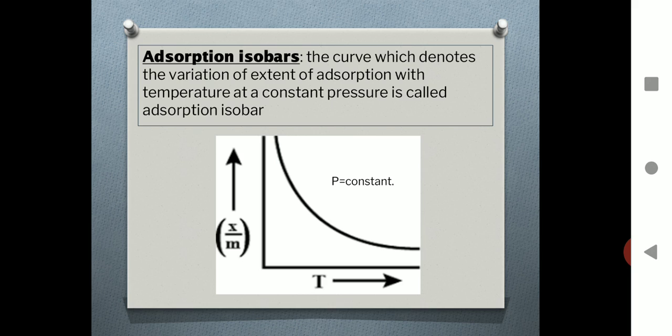The graph that is represented here, the adsorption isobar, shown here in the figure is one for physical adsorption. Here you can see that as the temperature is increasing, the extent of adsorption continuously goes on decreasing, and this is, as we know, because when we are increasing temperature, the van der Waals forces which were holding the adsorbate on the surface of adsorbent are broken, as a result of which desorption commences and the extent of adsorption decreases with increase of temperature.